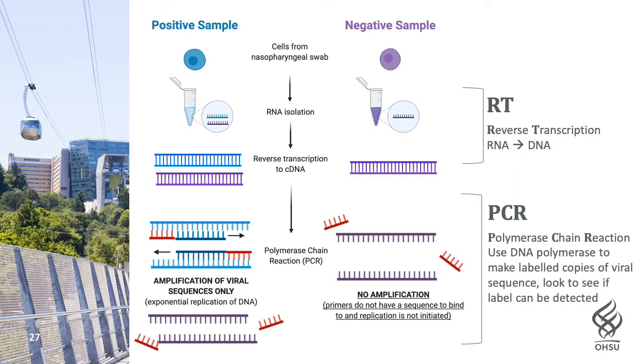To determine if there is viral genetic material in our sample, we take those cells from the nasopharyngeal swab and we isolate the RNA from those cells. Now, all human cells are going to have RNA in them, but the ones that contain the virus will also have viral RNA. To detect and quantify the amount of viral RNA, we engage in this process called polymerase chain reaction, or PCR. PCR seeks to first transcribe this RNA to cDNA and then amplify these DNA sequences that contain the virus by labeling them and quantifying the amplification.